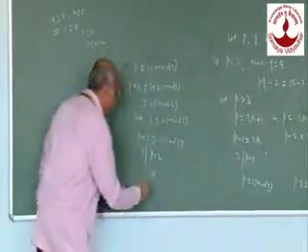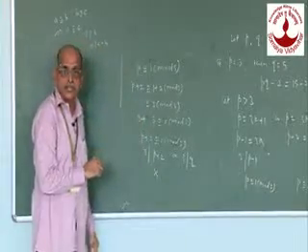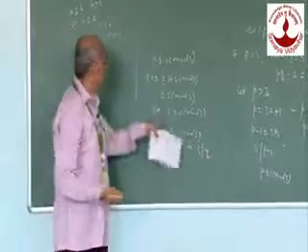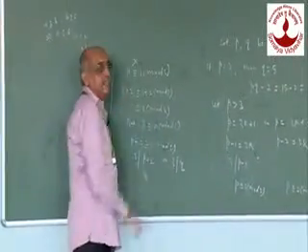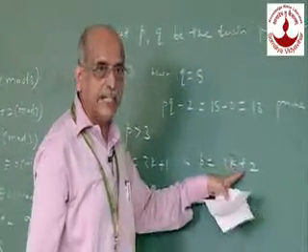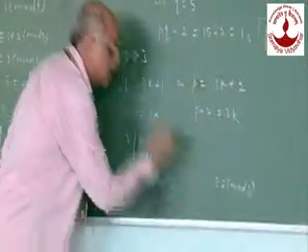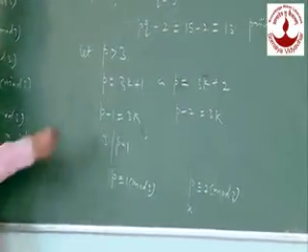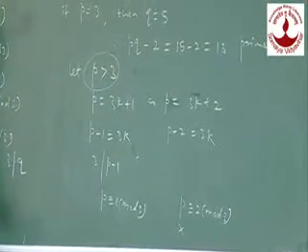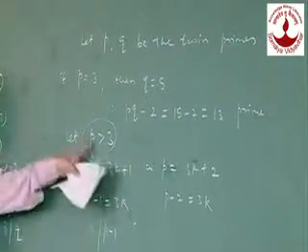Therefore, we can say 3 divides Q, which is not correct because a prime number is divisible only by 1 and the number itself. So, we cannot select this part. Similarly, if you take P of the form 3k plus 2, we can arrive at the conclusion that this is not possible. That means selecting any prime greater than 3, for which PQ minus 2 is also prime, is not correct. We cannot select a prime greater than 3.